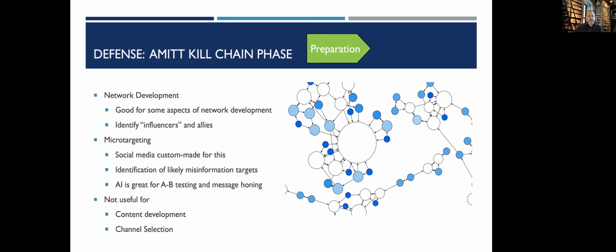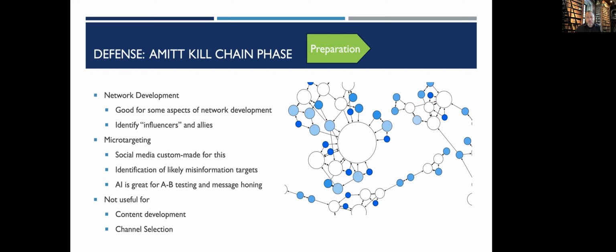Preparation phase. Again, it's of some use here. AI can help us identify influencers that might be interested in helping us propagate good messages. It might help us identify influencers that are willing to accept misinformation. Perhaps we can start convincing them of the real information ahead of time. Micro-targeting. Again, if micro-targeting works for bad, micro-targeting works for good. We can certainly go out to